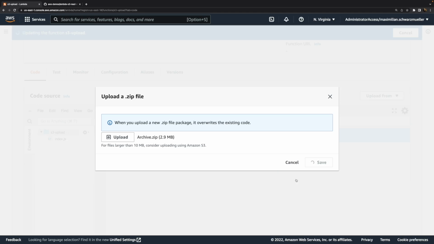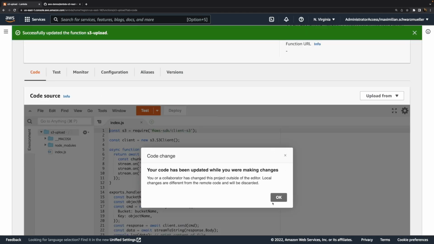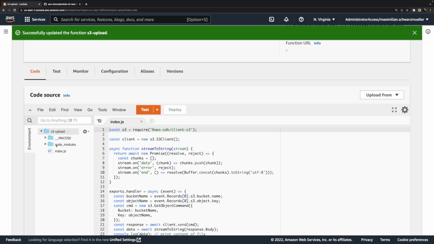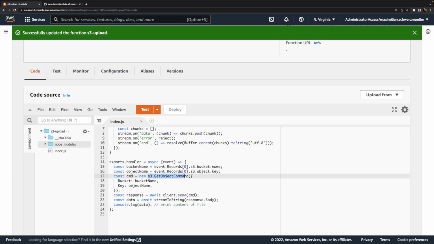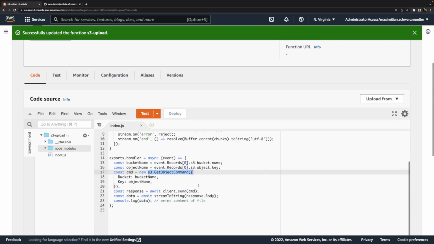So that's then the code that will be executed when the function is invoked. So here's my code and my dependencies. And now, once this was deployed, this function is ready to be executed. Right now, however, it would fail, because in this function, I'm actually accessing S3 to get some data from that file for which the function was executed.